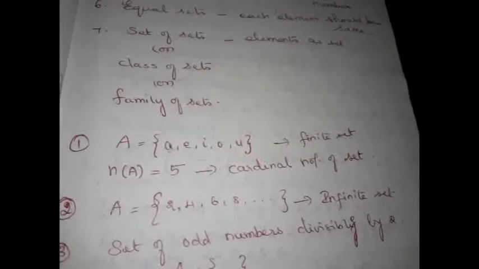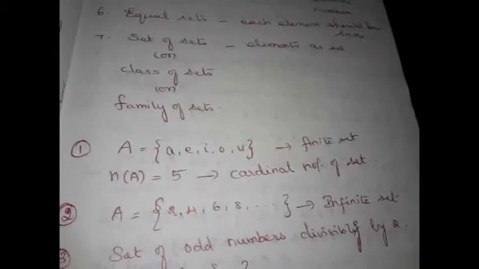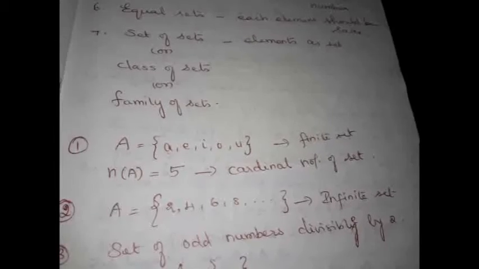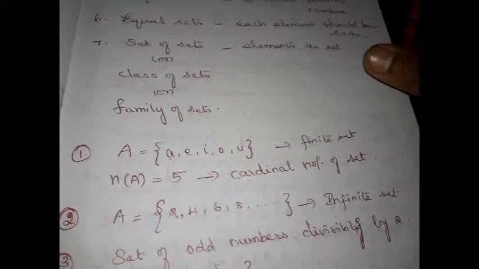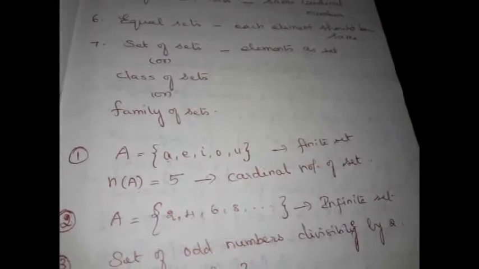Here if you see, this set A has 5 elements. If some other set has 5 elements, in the sense it can have any other elements, but the number of elements is 5, then those two sets will become equivalent sets. Equal sets means they should have the same elements, then only they will become equal sets. It doesn't matter in which order they appear in the set. For example, if set A and set B have 5 elements, but the elements are different, then A and B are called equivalent sets, right?